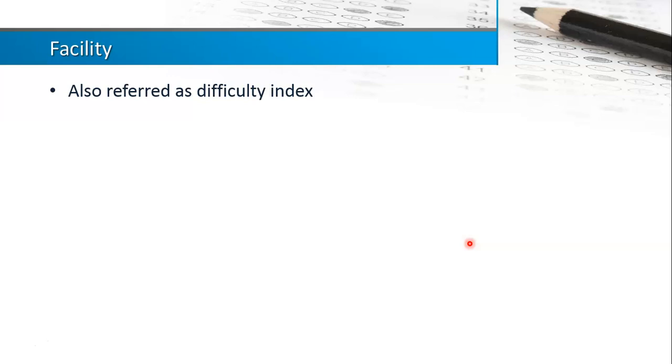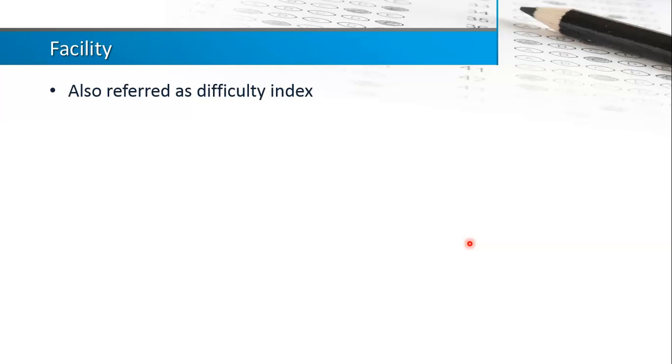If you use difficulty index, it is counterproductive or counter logical. The higher the difficulty index, the number or the measure of the index is getting smaller. Okay, so this is much better. The lower the difficulty, the digit or the number of the index will be greater. So that is going to confuse. So it's much better if we call it facility.